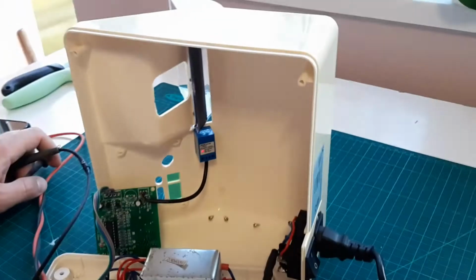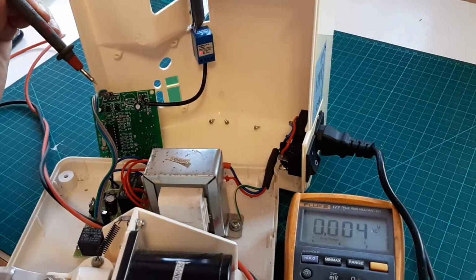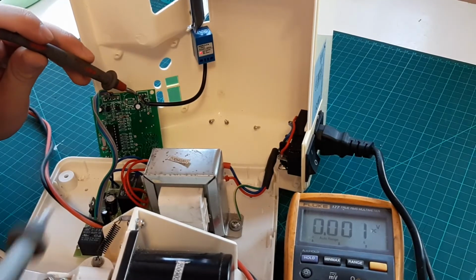So let's measure what voltages we got. So I'll switch it on. Where's the cable? Okay, we need to be careful because here it's gonna be 240 volts. Okay, let's measure the voltages. Between the brown and the blue,